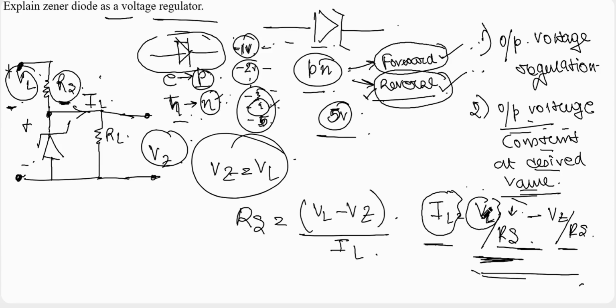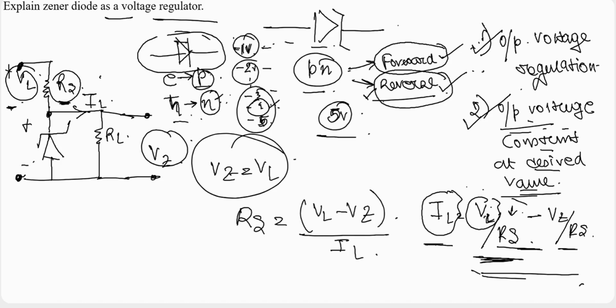And one thing we should know is that the zener diode that we are using here typically operates at a breakdown voltage of 5 volt, but it is not mandatory that it will operate at 5 volt only. Several zener diodes have breakdown voltages not equal to 5 volt. They may be lesser, or they may have a higher rating. Okay. So the typical objectives are these two: output voltage regulation and